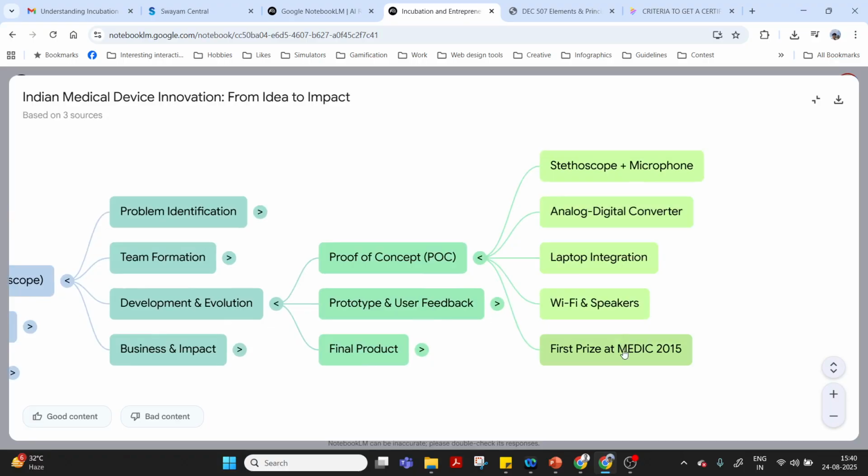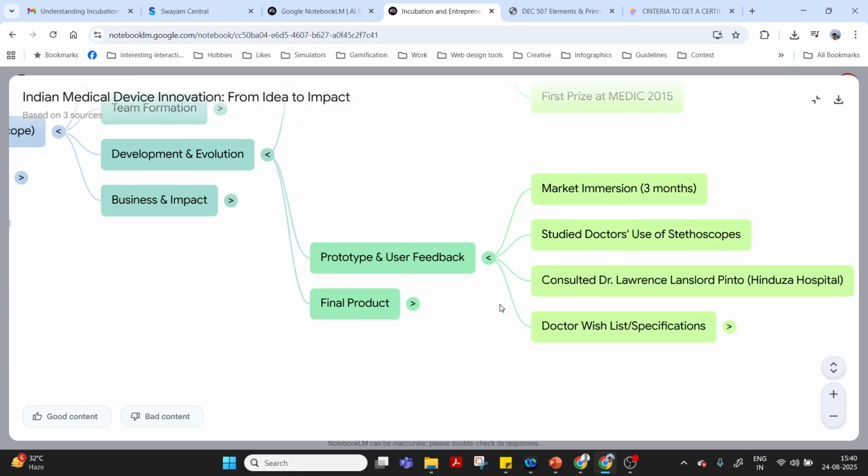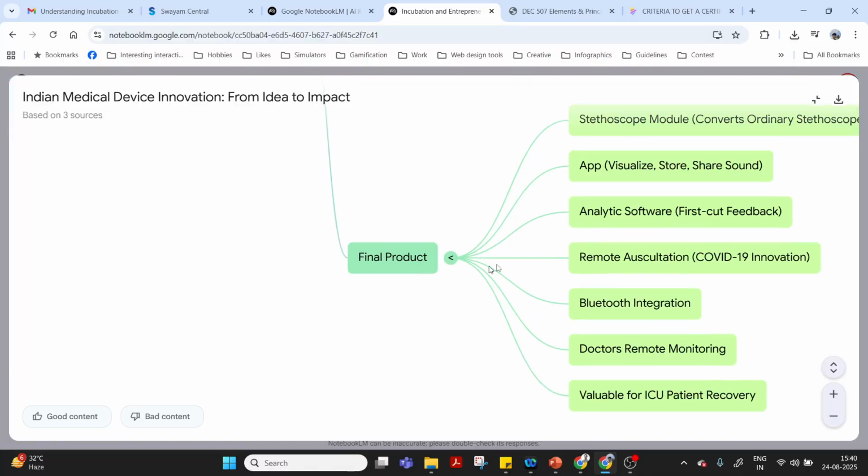If you see, they got the first prize in Medic 2015, and there was no looking back. In terms of prototype and user feedback, they did a market immersion in which they were mostly in a hospital environment, meeting doctors and understanding how stethoscopes are used. They consulted Dr. Pinto from the Hinja Hospital. For the final product, they developed an app, a software which can give first-hand information and first-hand analysis,